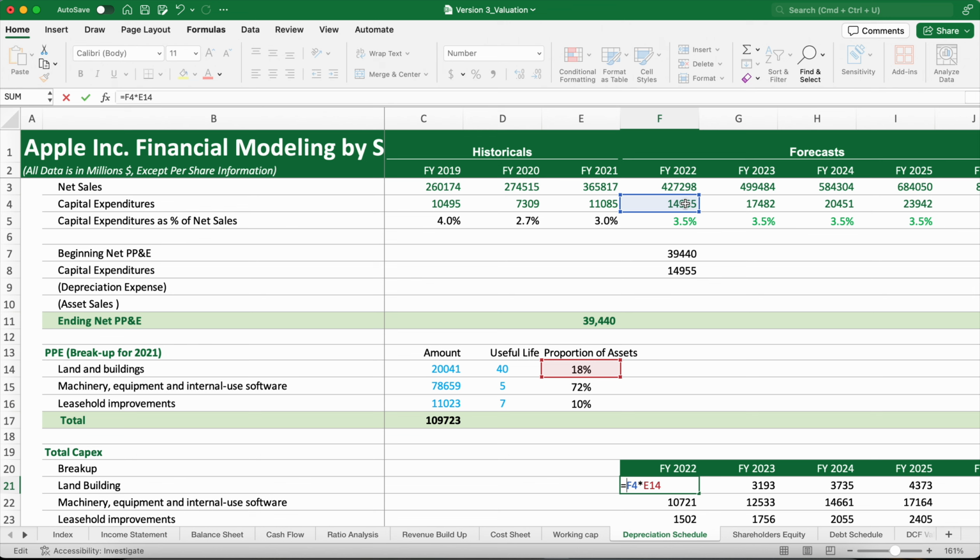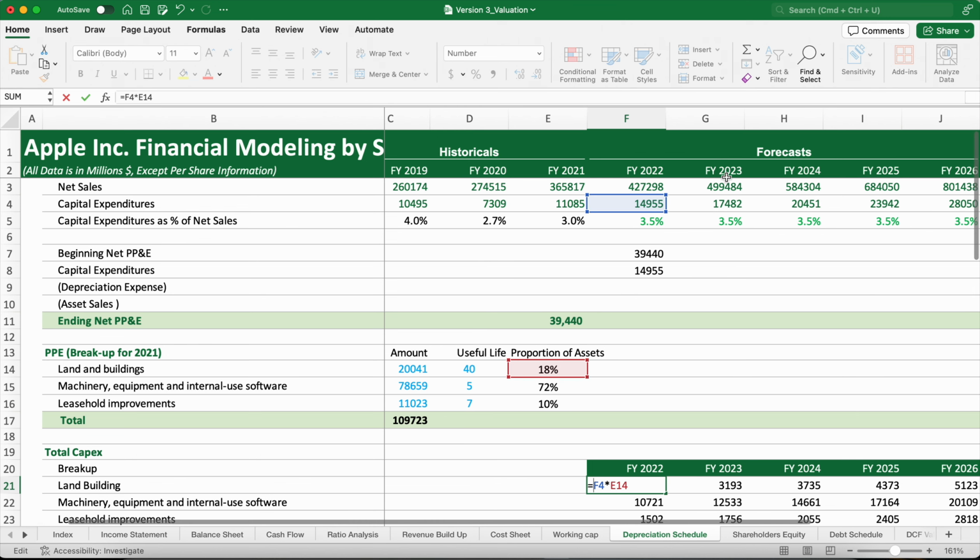Because the capital expenditure for the forecast periods is in the fourth row of this worksheet, right? But for 2023, is it in column F? No, it's in column G. For 2024, it's in column H. That means I want my columns to change, which is a variable portion of this equation, but my rows to remain fixed. So what I do here is I put an absolute cell reference